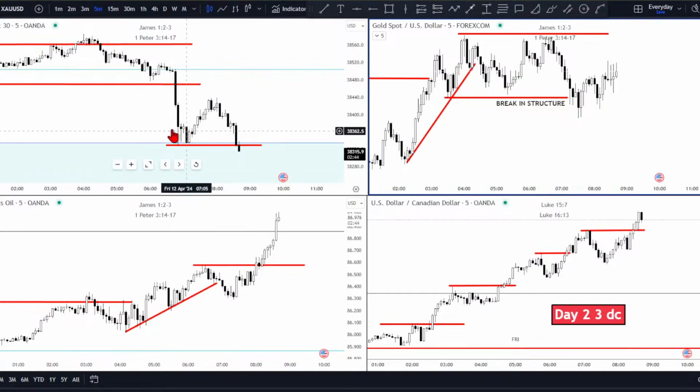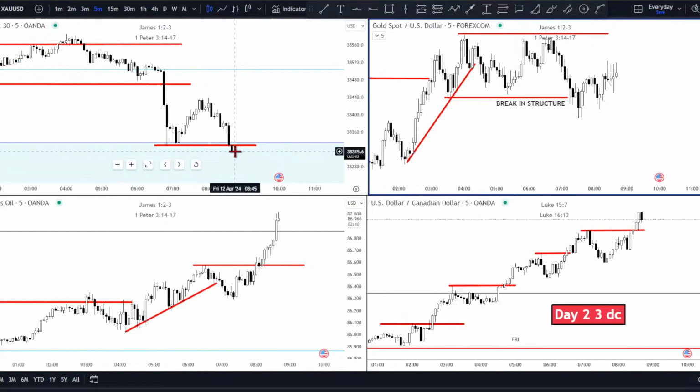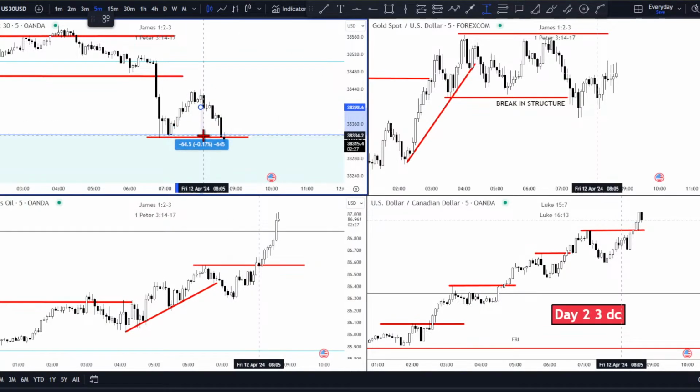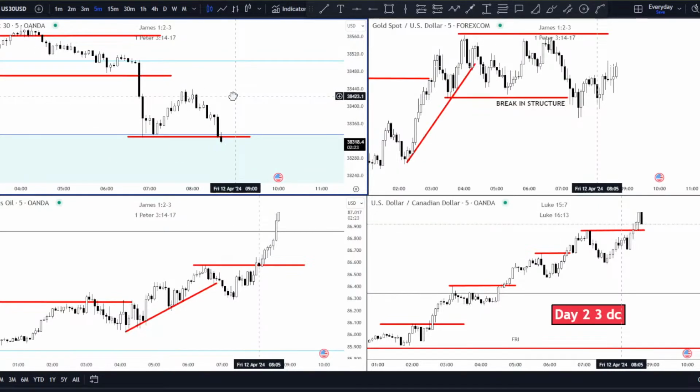Okay, so US 30, we're looking for them to keep going lower. There's a peak formation that was made at the beginning of the session for low-hanging fruit. Let's see, how much was that? There's a low-hanging fruit right at the beginning of the session. I don't trade that early, but